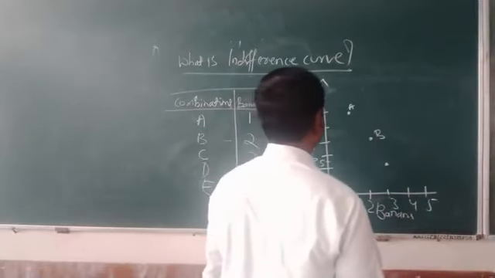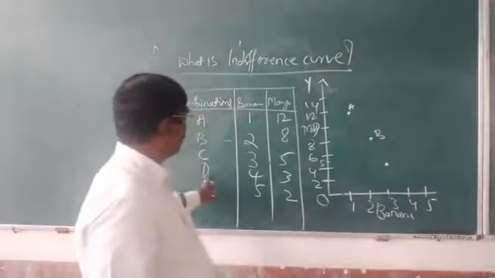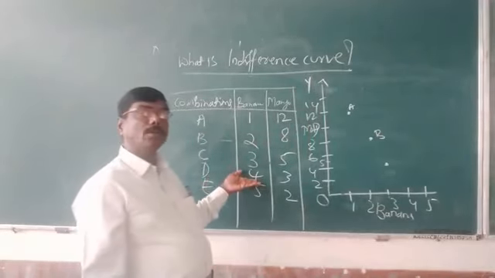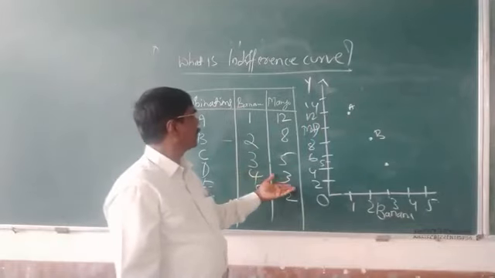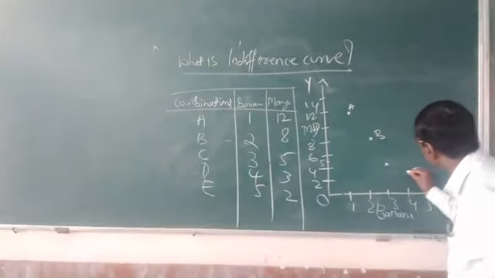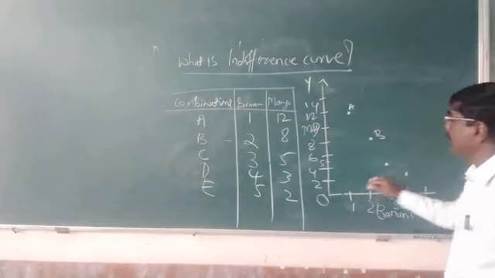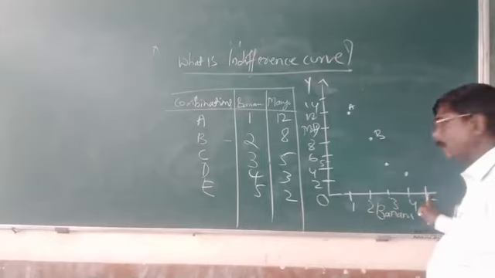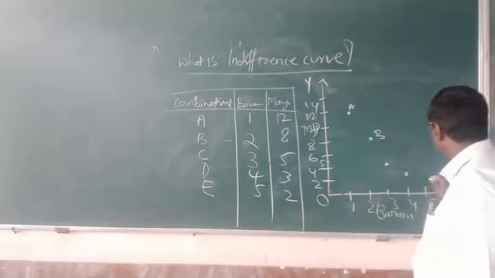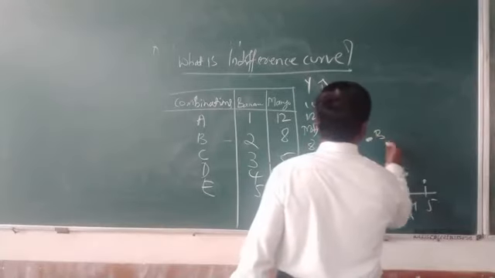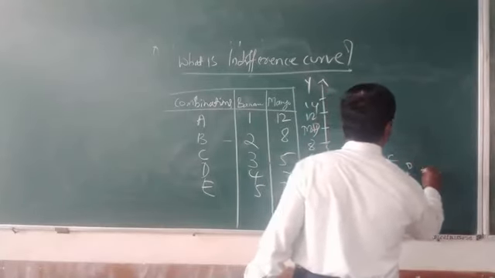And next we have D combination. D combination includes 4 bananas and 3 mangoes. And then we have E combination, 5 bananas and 2 mangoes. So by joining C, D and E,